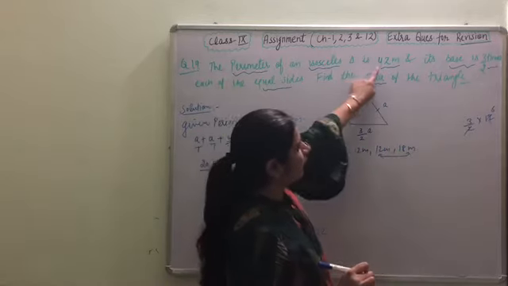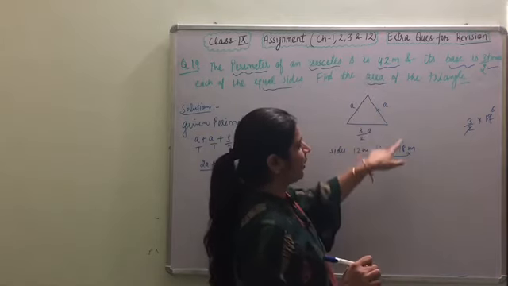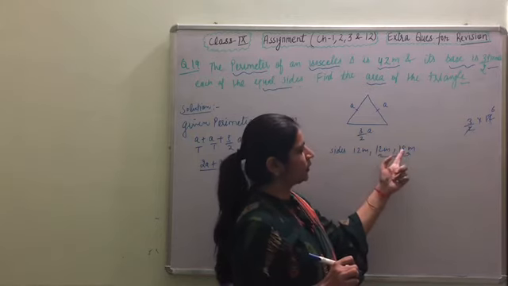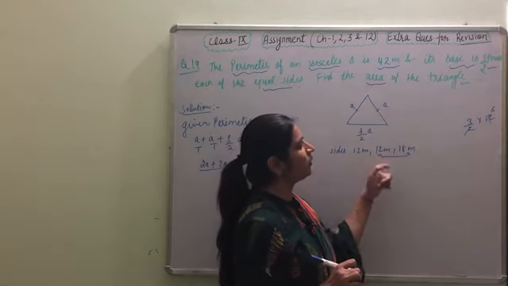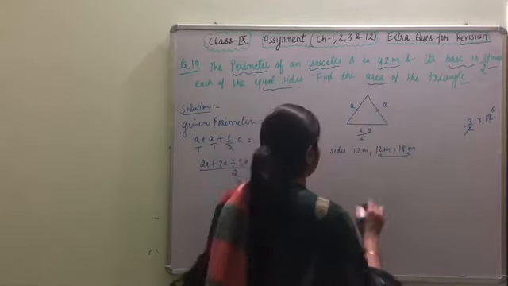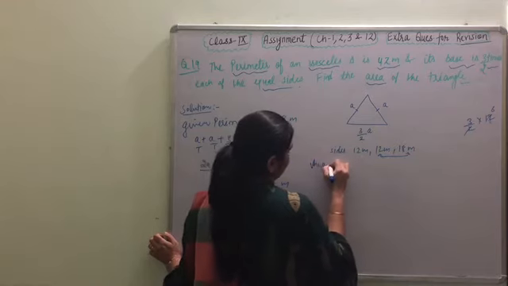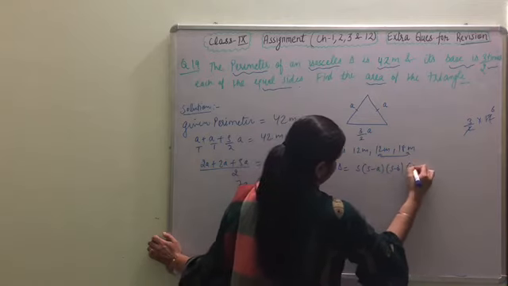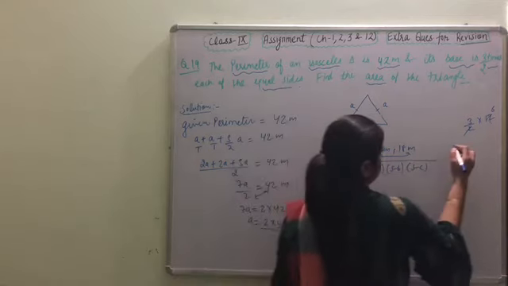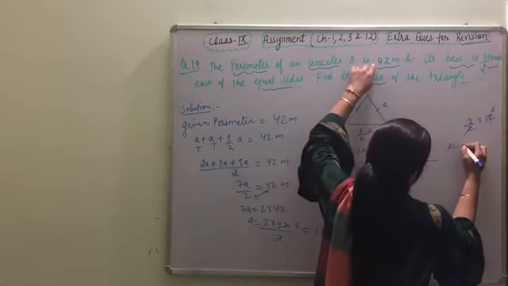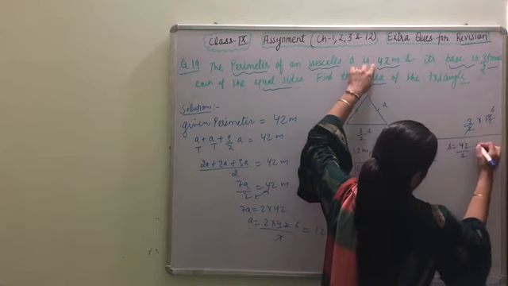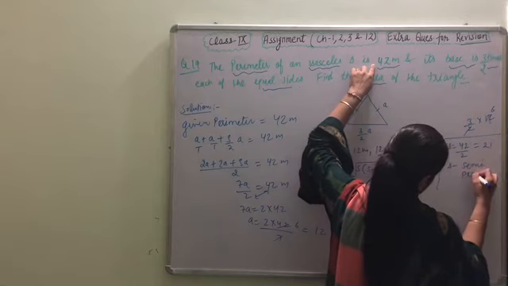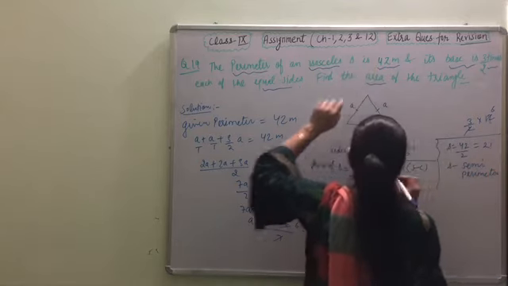Now perimeter is already given, we are not finding perimeter again. When we do the addition, 12 and 12, 24 and 18 is equal to 42, but we will not find it because it is already given. Now we are applying the formula. With the help of Heron's formula, area of the triangle is root of S into S minus A, S minus B and S minus C, where S is the semi-perimeter. S is equal to given perimeter divided by 2, which is equal to 21. Semi means half of the perimeter.